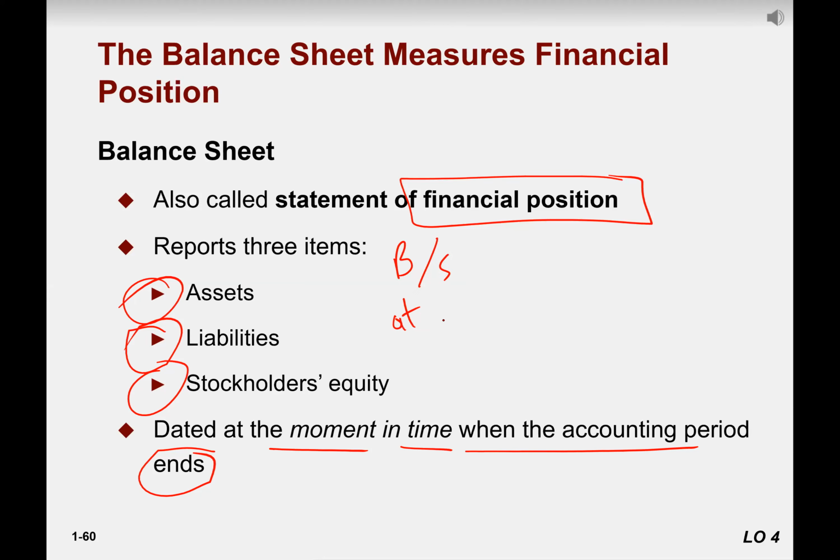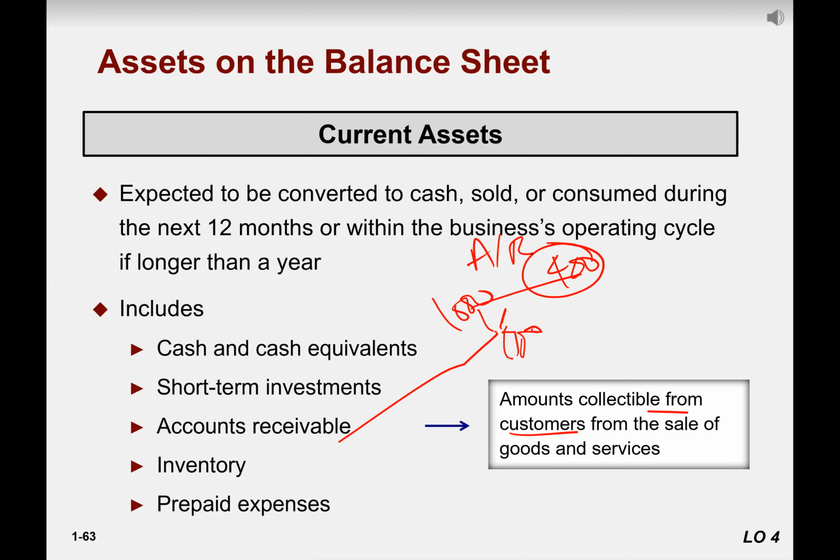Accounts receivable are amounts collectible from customers. You sell your goods to the customer worth $1,000, but he paid you only 600, right? It means 400 he has to pay you. So that becomes your accounts receivable, right? So receivables are your current assets. Of course, no business allows its customers to pay after 1 year. Maximum they allow is 1 month, 15 days, 10 days, or maximum 90 days. I have never seen